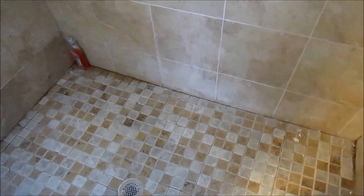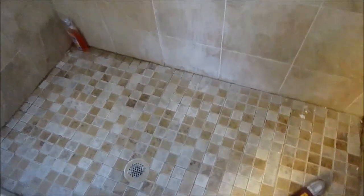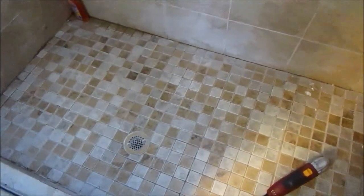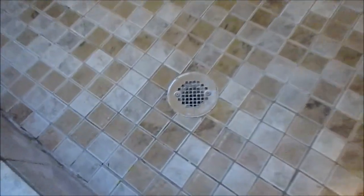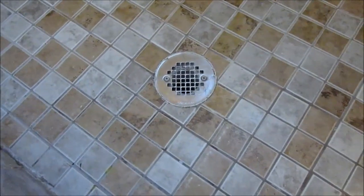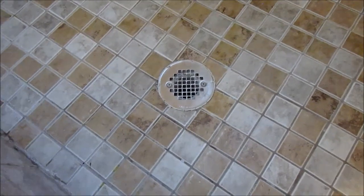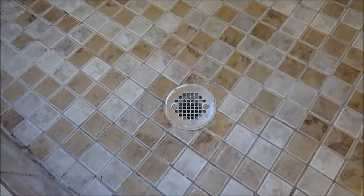See if we can make this thing look and feel a little bit better when you get in it. Something else you might want to consider or be concerned about is you're going to get a lot of that old powder from that grout down in this shower. And you may want to put something across your drain there, which I don't have covered up yet, but I'm going to put some tape across it where I can come in here later on and just sweep that stuff back up instead of washing it down your drain and then later on having to call a plumber out there